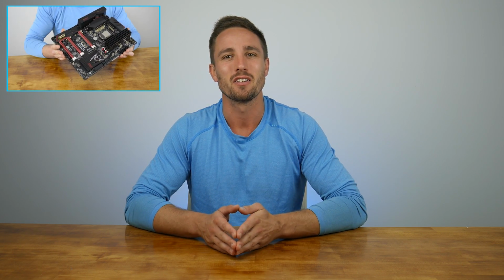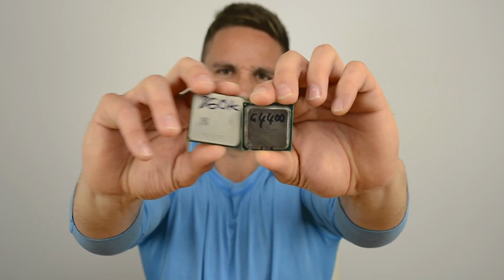Not long ago, I compared the Intel Pentium G4400 and AMD Athlon X4 860K in an effort to determine which budget CPU gamers should purchase. Both cost well under $100, and the G4400, which is my preferred choice for gamers, features 2 Skylake cores and a whopping 3MB L3 cache, which is especially whopping when compared to the 860K's complete lack of an L3 cache at all. The G4400 isn't a bad budget processor, but what if I told you for about the same money